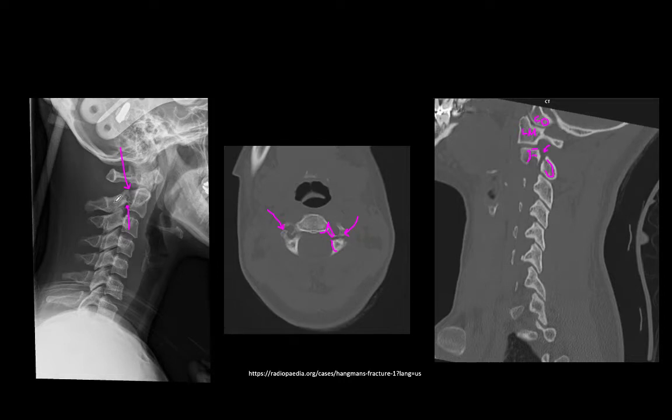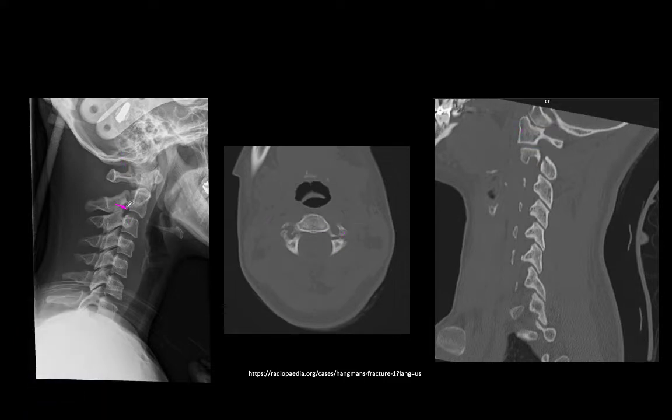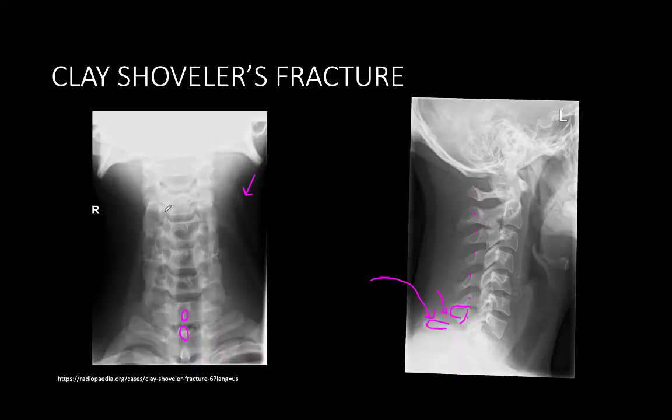Usually with these, there's an anterolisthesis of C2. I'll remind you, and let me just remove these annotations so you can see that there's no anterolisthesis that's really dramatic in this case, but Hangman's fractures are also known as